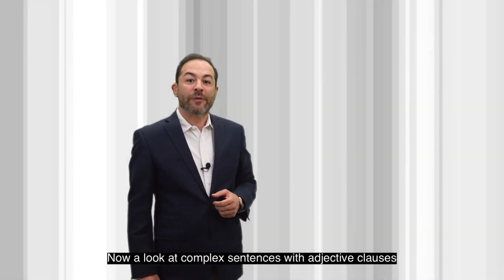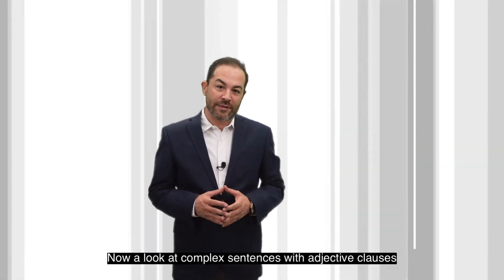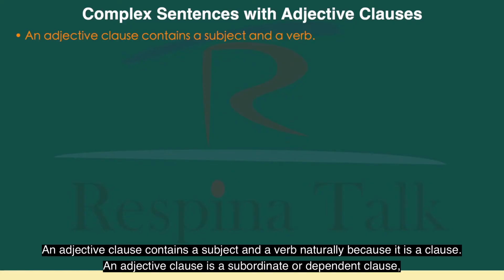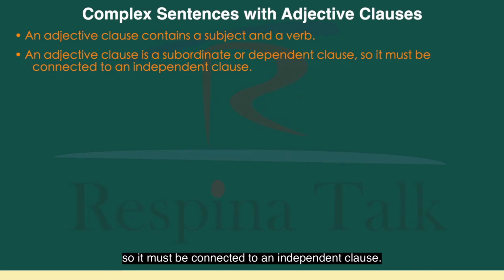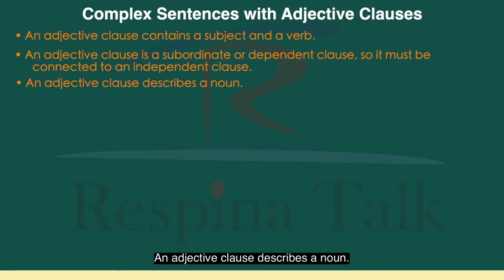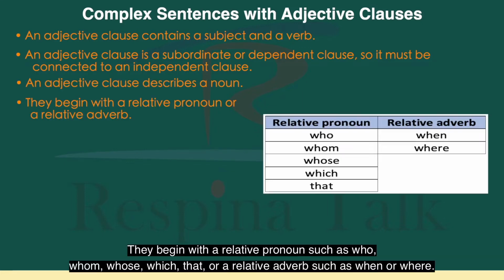Now I look at complex sentences with adjective clauses. An adjective clause contains a subject and a verb, naturally, because it is a clause. An adjective clause is a subordinate or dependent clause, so it must be connected to an independent clause. An adjective clause describes a noun. They begin with a relative pronoun such as who, whom, whose, which, that, or a relative adverb such as when